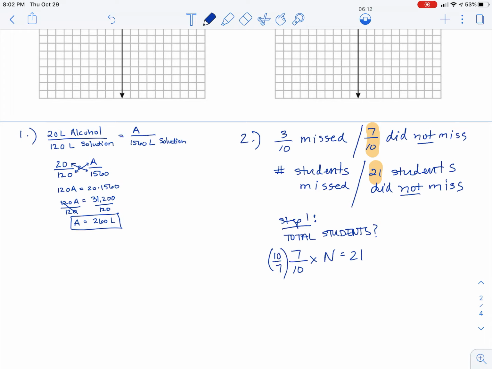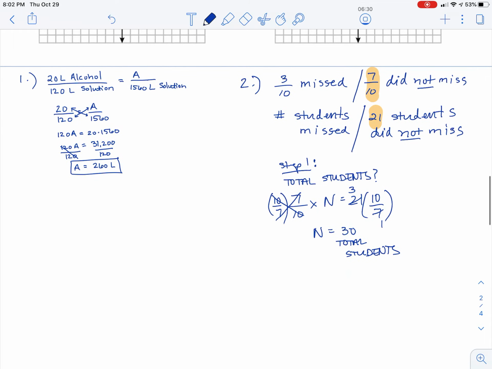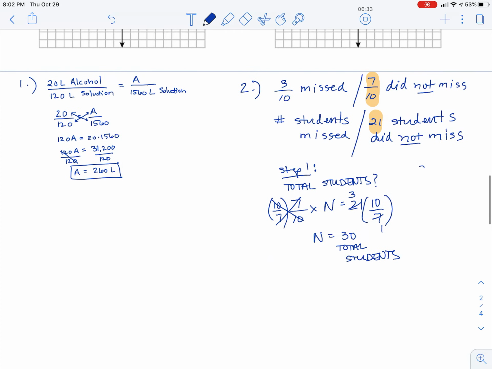So I'm going to multiply by the reciprocal here. Oh, good. I love when I can cross cancel like that. These cancel out, and I'm left with the number is 30. So the total number of students is 30. That's helpful to know, because on step 2,